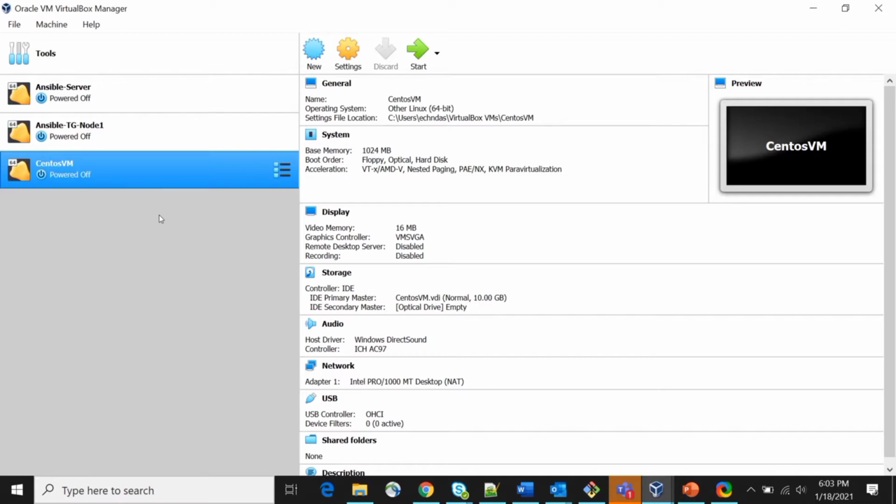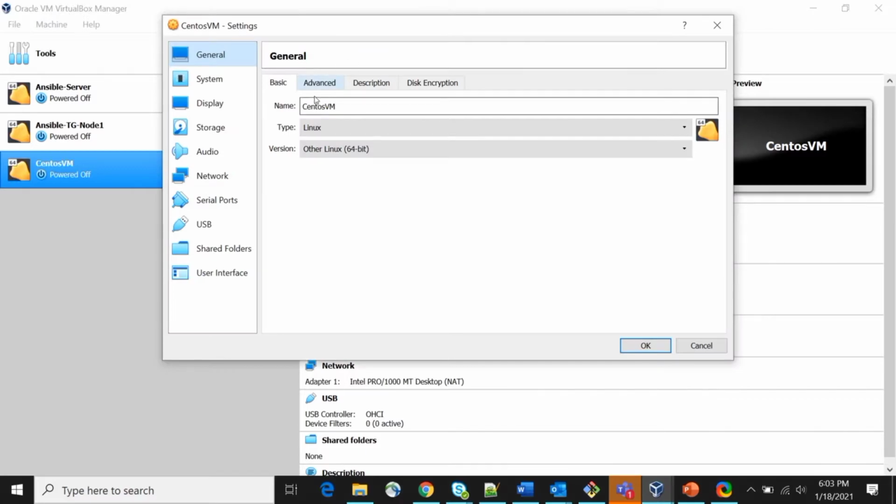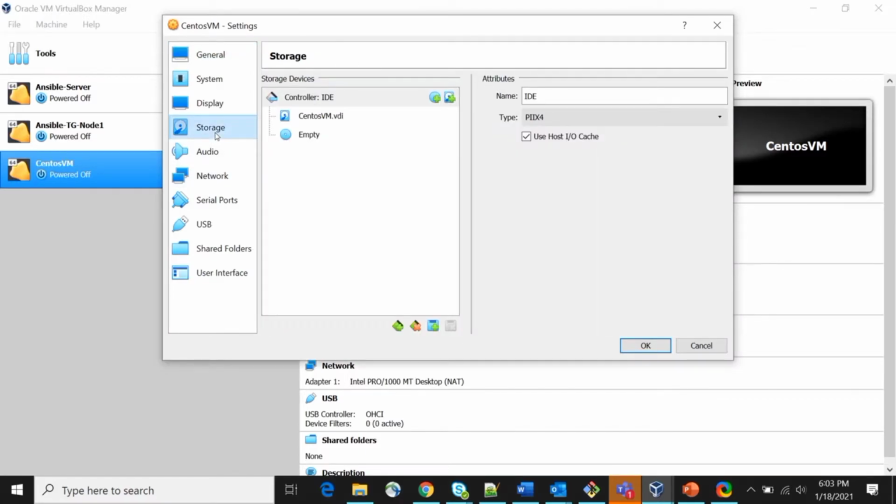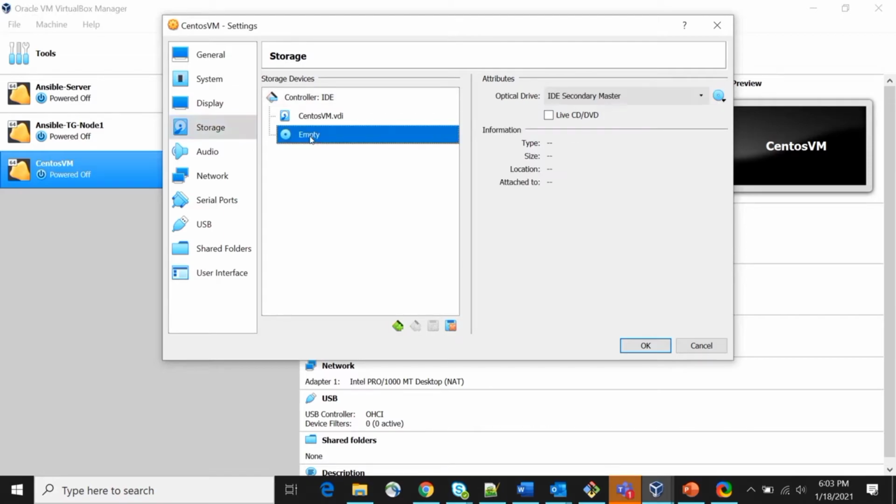Now we have to mount the ISO image, and we can install from the same downloaded ISO image. So select the VM which you have created, go to settings, then storage, then this disk drive, select empty disk drive, and I want to mount my ISO image.